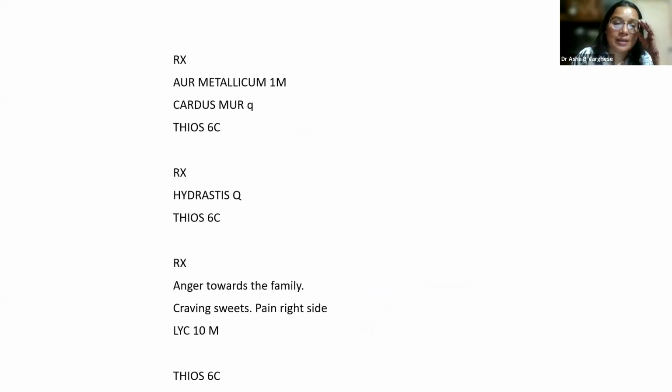Okay. So I did the repertorization. The first medicine which came was Aurum metallicum as his constitutional medicine. At that stage, because of the syphilitic remedy is what I wanted to choose initially. So I took up Aurum metallicum 1M. And Carduus marianus Q was given, but since it has alcohol, I asked him to dilute it much and then take. Thiocyanum 6C was given. Okay, I'll explain further why Thiocyanum was given, how it helps in fibrosis. Second prescription was Hydrastis Q as a tonic. And the last prescription I have given him was Lycopodium 10M.